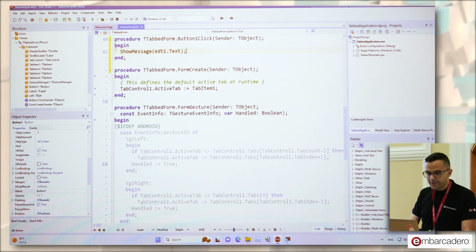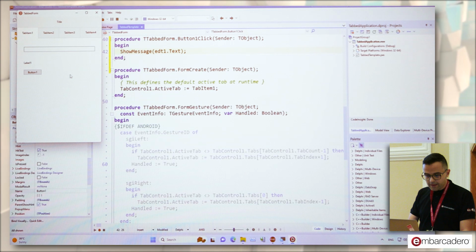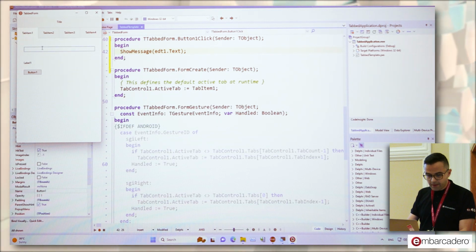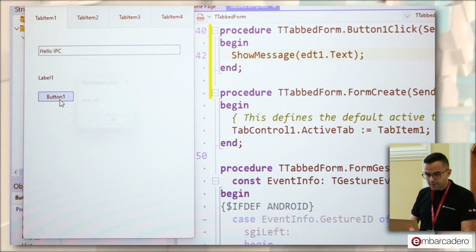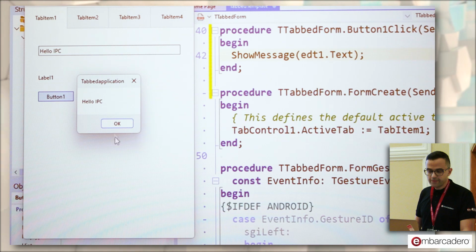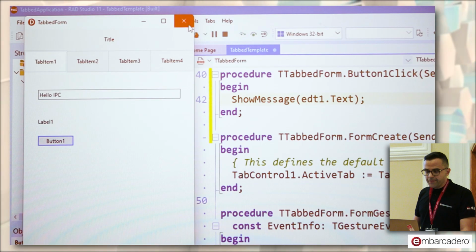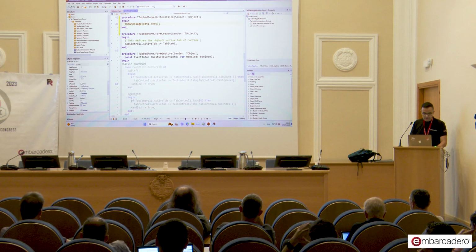So let's add some very basic logic here. If I type here, hello IPC, and I click the button, we get a message. Very simple, yeah.